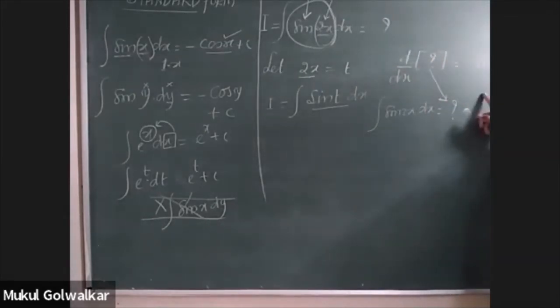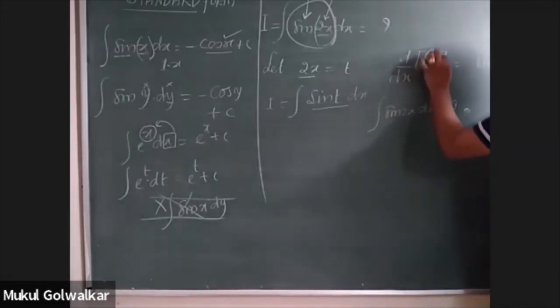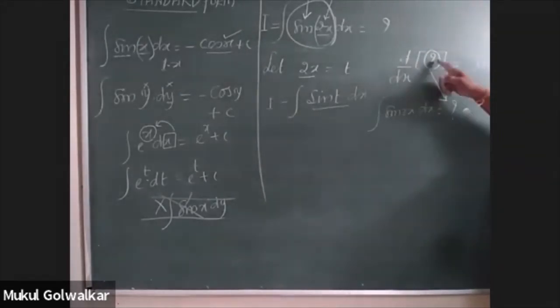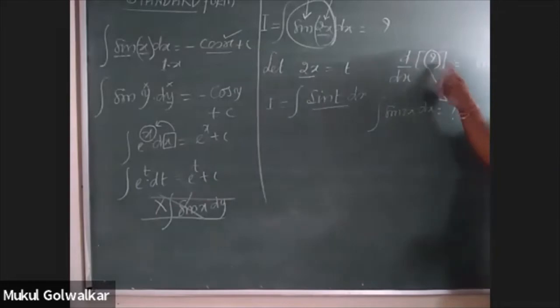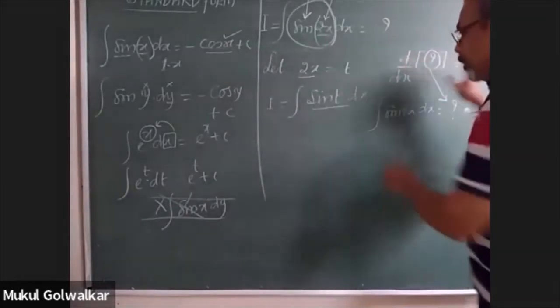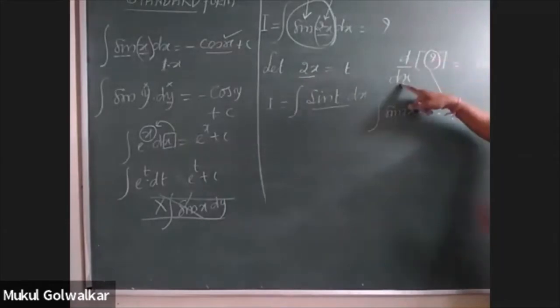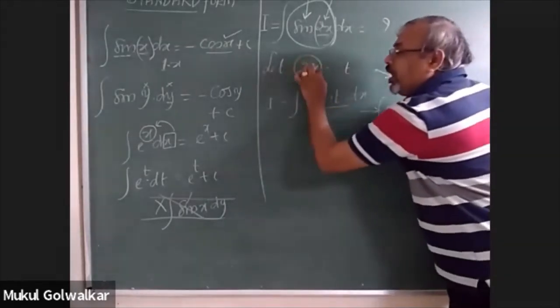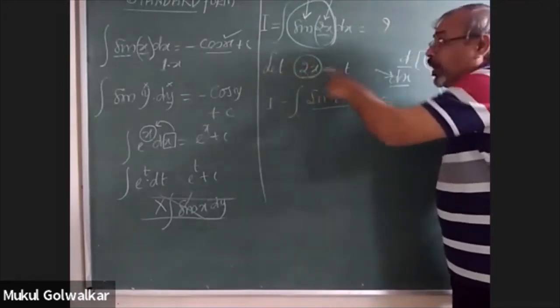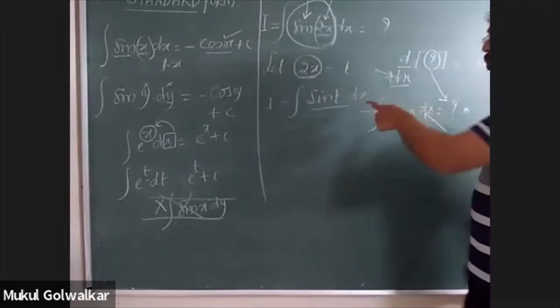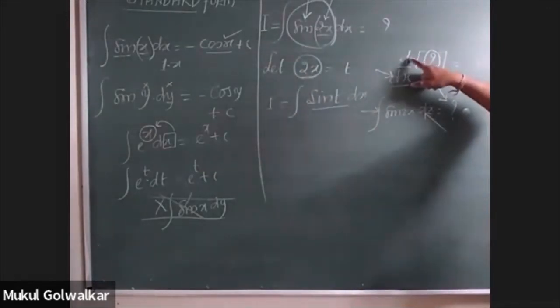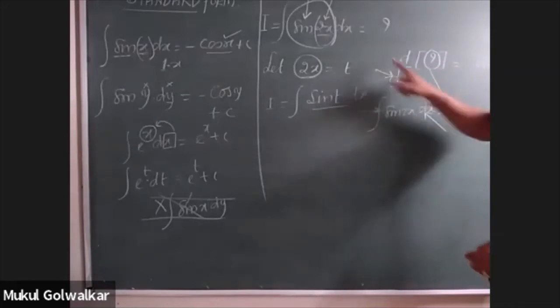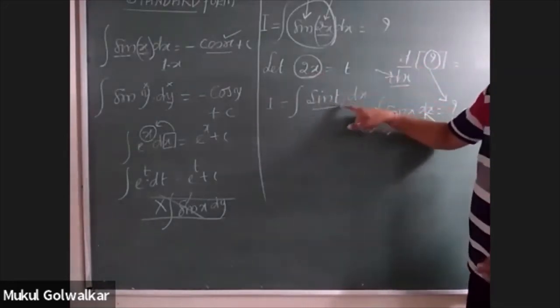Now try to understand one thing about this function that I am going to write over here. It has to be a function of function. Now see, this original function, since it was differentiated with respect to x, so integration also has to be performed with respect to x. But now when I have replaced the variable 2x by new variable t, what should I do now? Here this was the rate of change of function with respect to x. So I will now have to find out the rate of change of function with respect to t also.